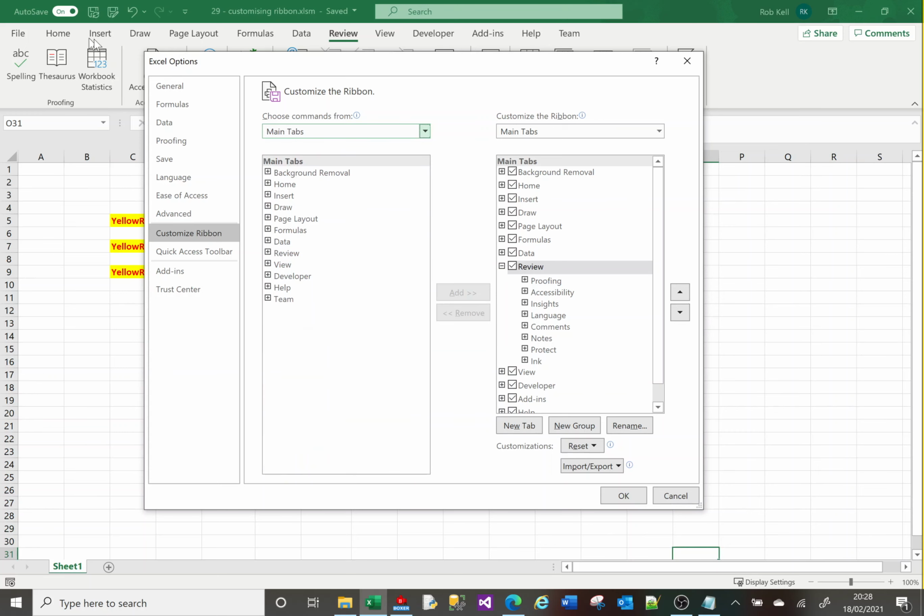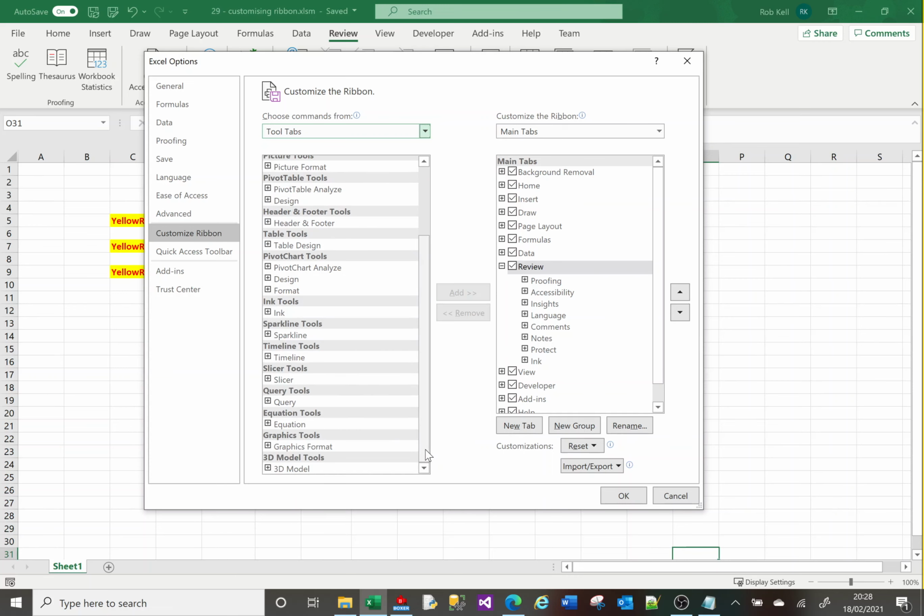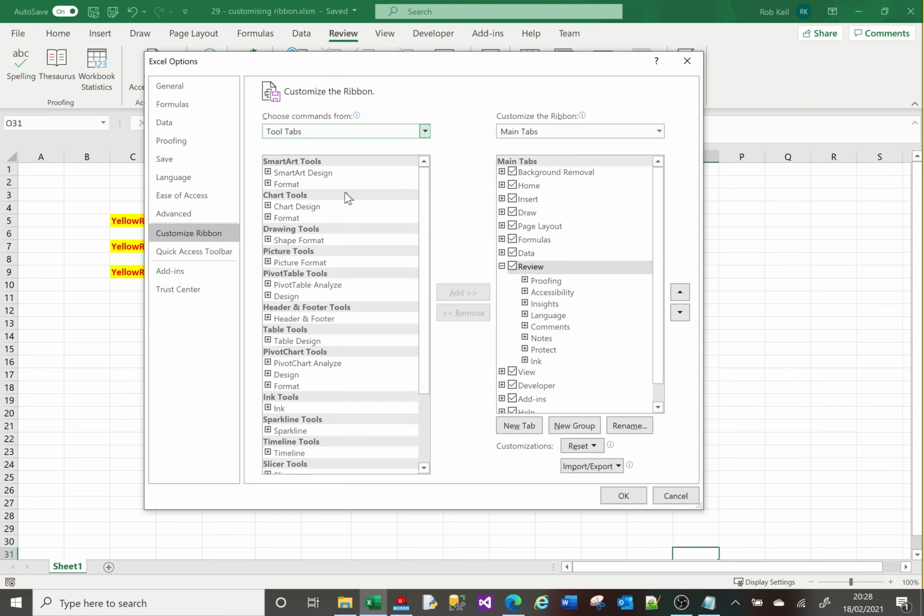Main tabs are the tabs that we're seeing here at the top. If we select the tools tabs, these are the tabs that appear if we highlight a shape or a table or a pivot table or something that you insert. If you're dealing with queries and you select a query, then the query tools menu appears, and this is where you can maintain those tabs as well. So let us just go back to